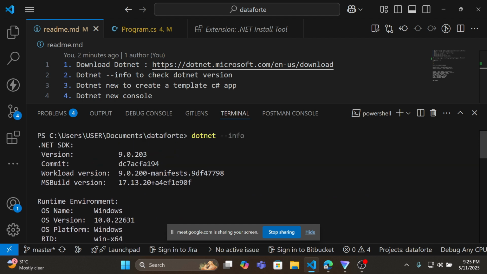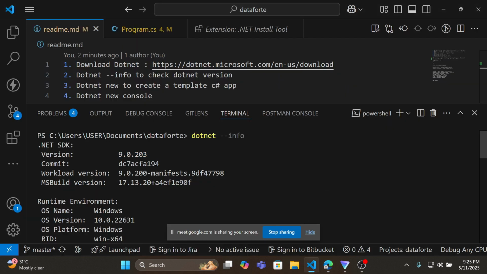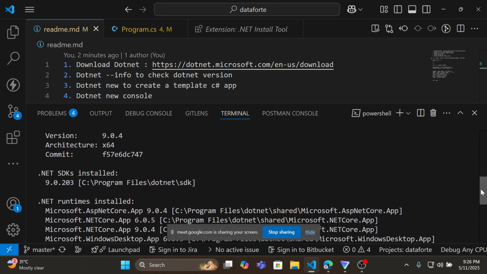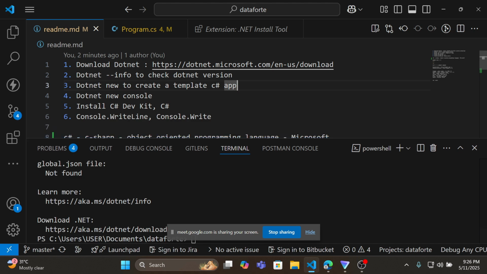So currently I'm using .NET version 9.0.2. I think 9.0.4 has been released, but I'm using 9.0.2, so basically almost the same thing. Then there are many other things, the architecture I'm using, the version I'm using, things like that. So that's what you can use to check, just like when you do node version. Then to create a new application in .NET, we can just do